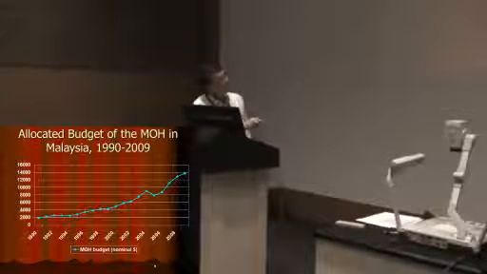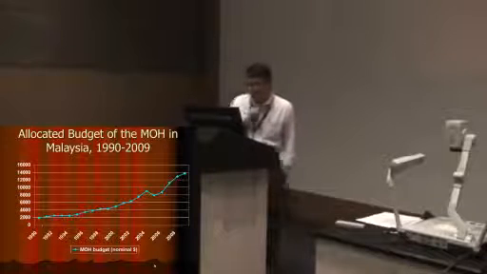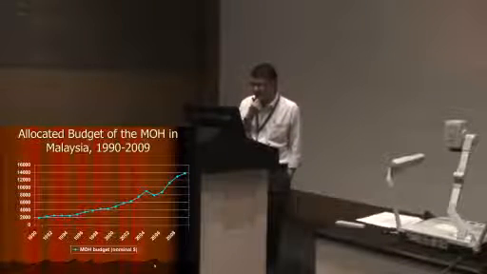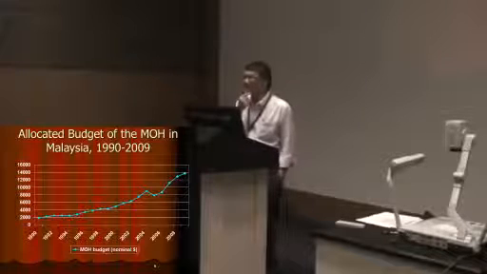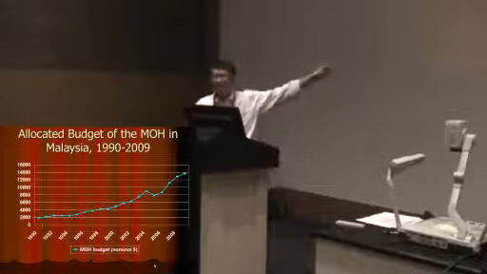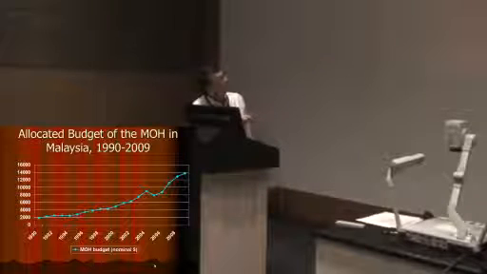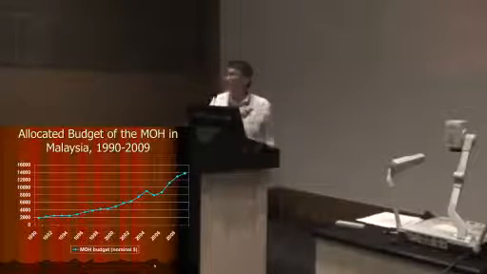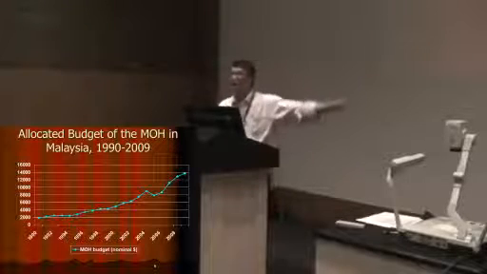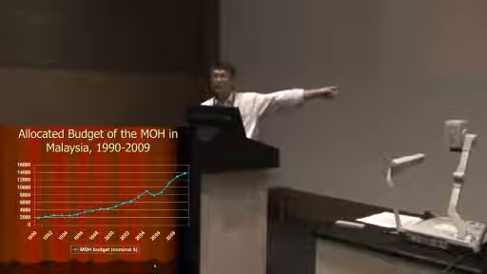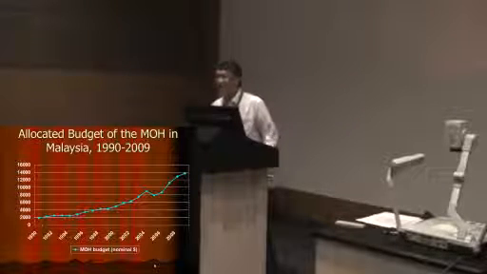Why is there a dip here? Recession. Actually, the recession is in the late 1990s. I don't even know, I have to find out. So there's a dip there. These figures are in nominal ringgit, which means not adjusted for inflation. But even after you adjust for inflation, the trend is still upward. So when you look at it superficially, it says that our costs are rising and getting more expensive. But when you analyze it carefully, that is not necessarily the case.